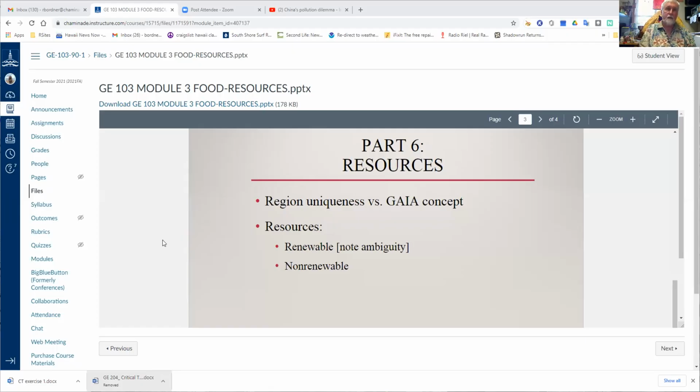Non-renewable resources are pretty straightforward. That's going to be the coal video you're going to watch. In fact, the water video also, but especially that coal one I just posted for you guys to watch. Coal is a non-renewable resource. Coal actually does renew itself if you're a geologist.